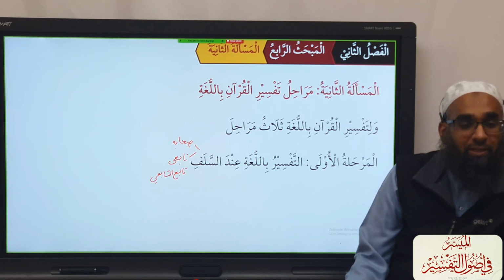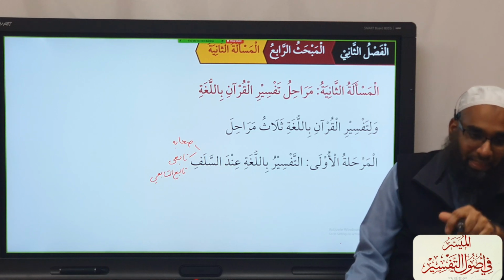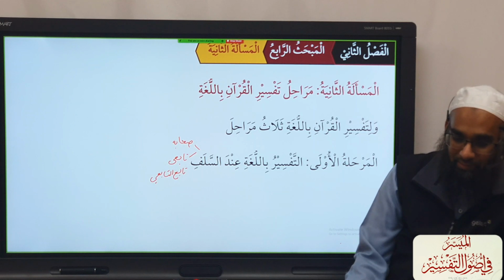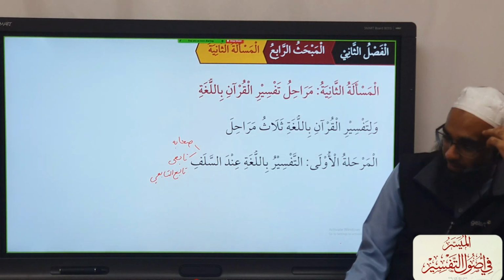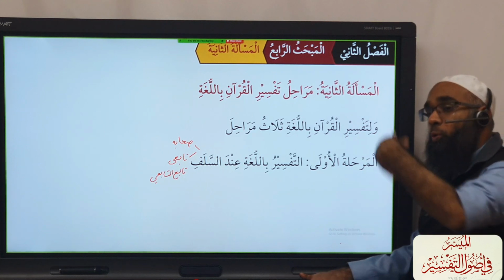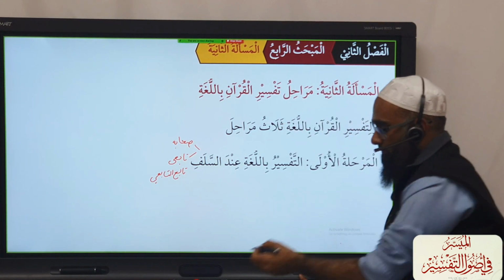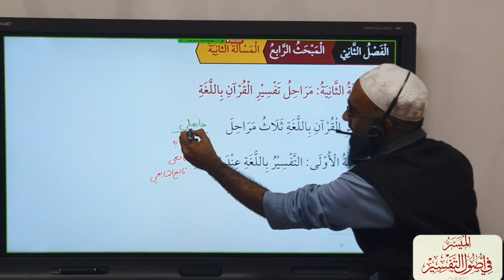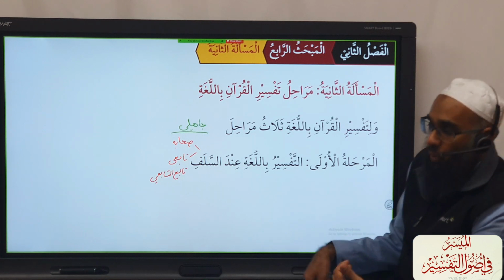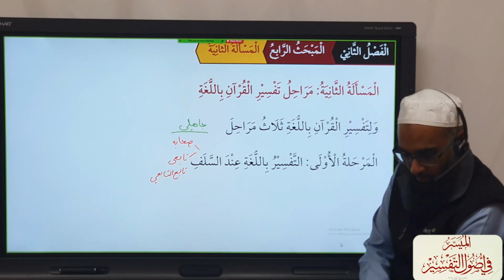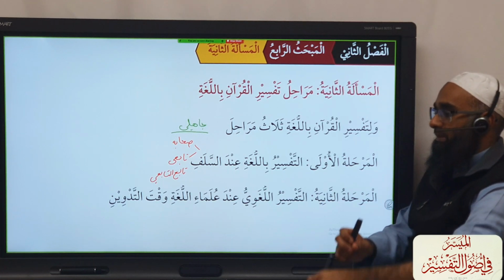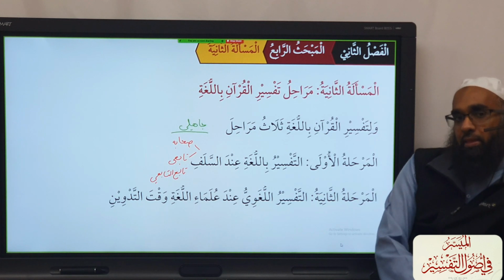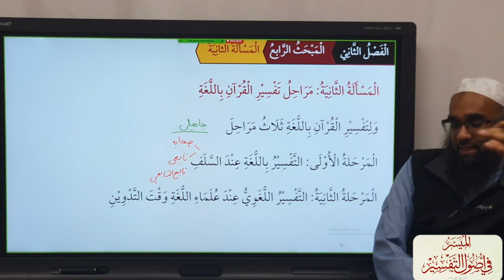So we say retribution. This poem is not telling us what the verse means, but we understand from this Jahili poetry how the Arabs use the word deen. Do you understand? Yes? So there wouldn't be a tafsir of the Quran, but we use it for tafsir of the Quran. So we can also say that Jahili poetry, Jahili language, is also an evidence. Okay? The second place is where the ulama started to realize that the language is becoming adulterated by non-Arabs, the Ajam,